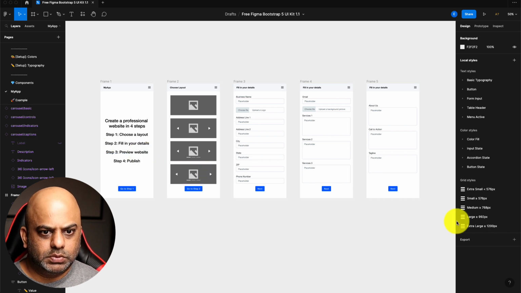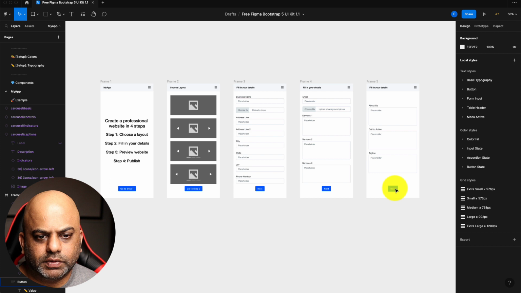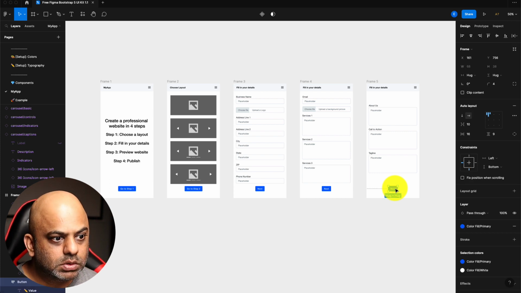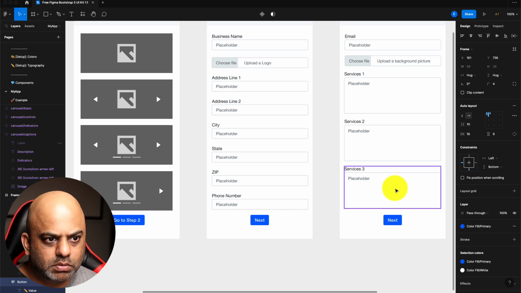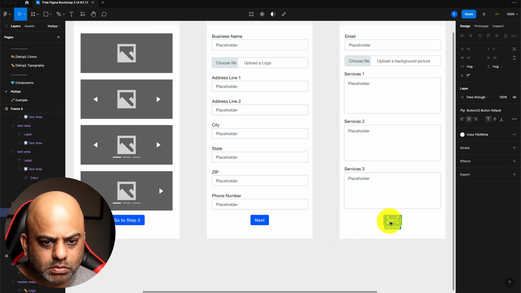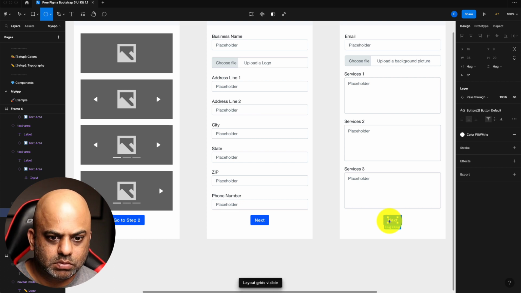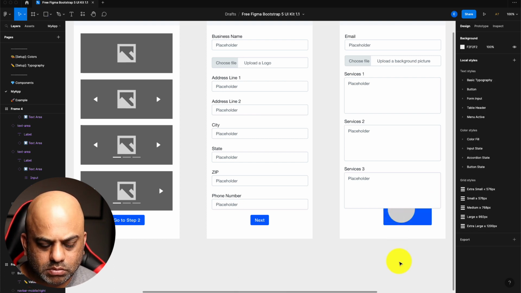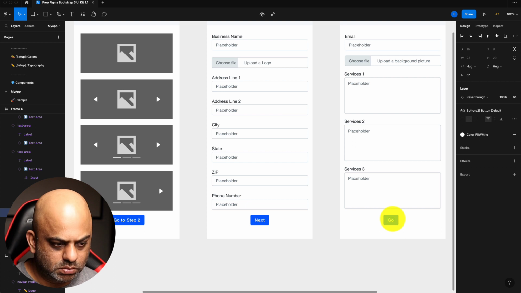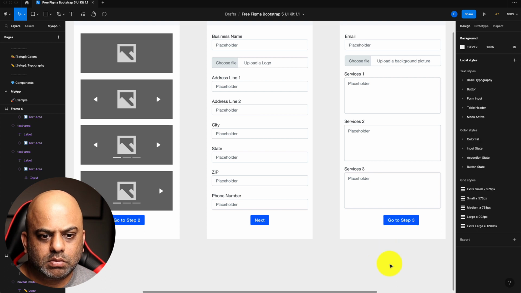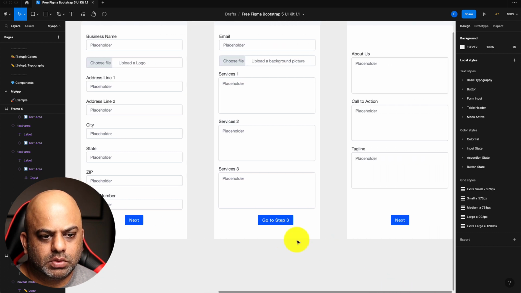So the next step, instead of next here, we'll have a preview. So step 3. Oops.